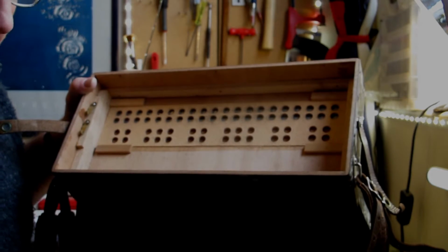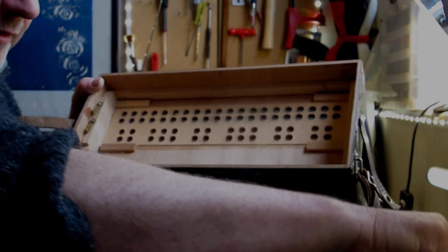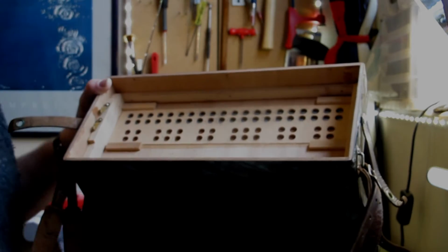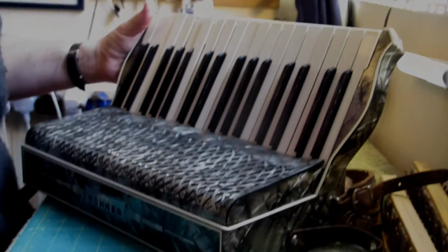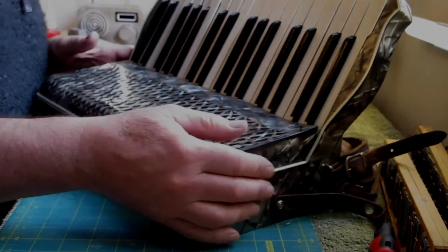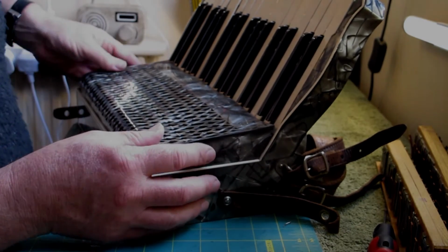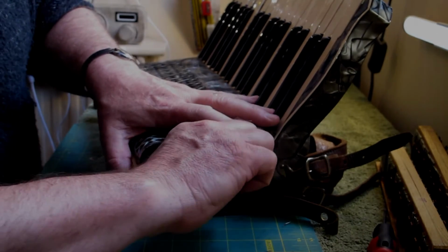So I think what I'm going to do, I've got the reed blocks out, so just put those to one side, but I'm just curious to see what's going on with the pallets. So if I just put this down like this, I'll just bring that down like that, so I can just hopefully, oh hey, sorry about that, see if we can have a little look what's going on here, because this will be another little job needed to be done. Right, so we've got two